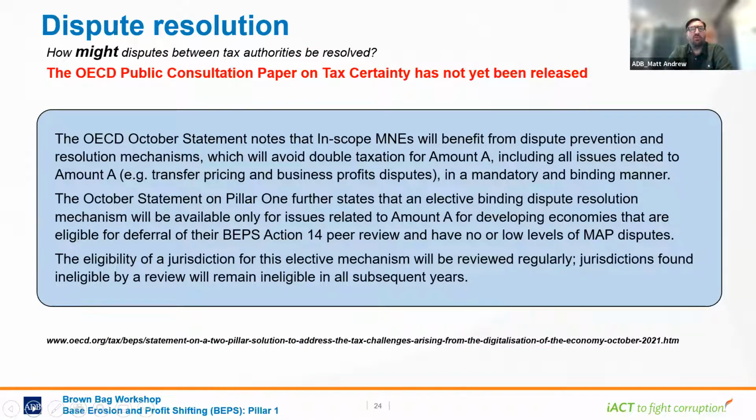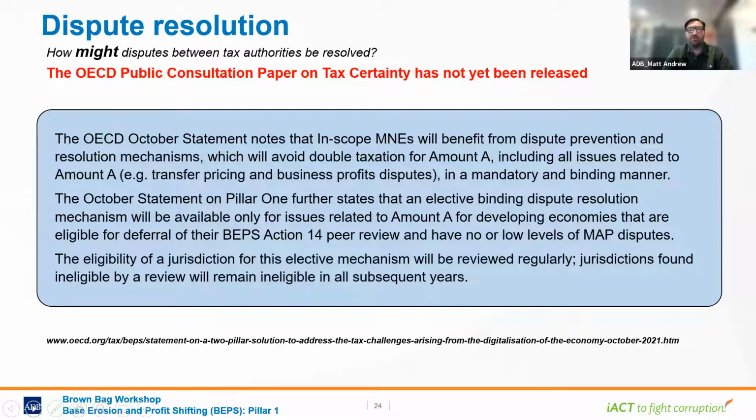In relation to dispute resolution, again, we're waiting for the OECD to release a paper on tax certainty for amount A and tax certainty for beyond amount A. And this is the proposed enhanced tax certainty process that will apply to amount A and beyond. And there are still many important questions not yet answered. And we're hoping that the public consultation papers will provide answers to some of these, which include, for example, how